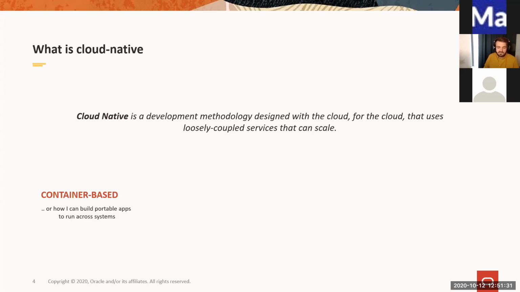So a Docker container image is a lightweight standalone executable package of software that includes everything you need to run an application. It has the code, the runtime, the system tools, the system libraries, and the settings in itself. So multiple containers can run on the same machine, and basically they're sharing the OS kernel with other containers, but each is running as an isolated process in the user space.